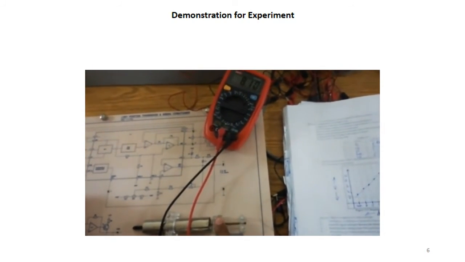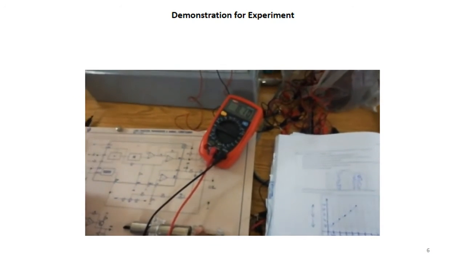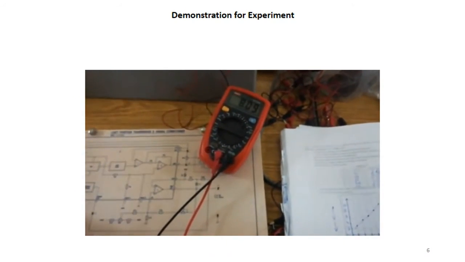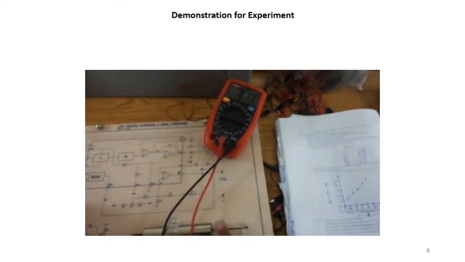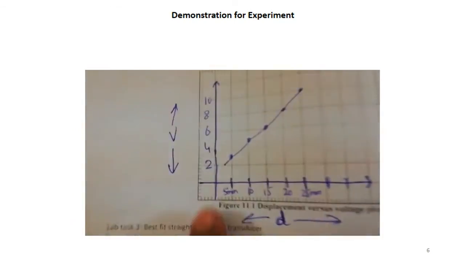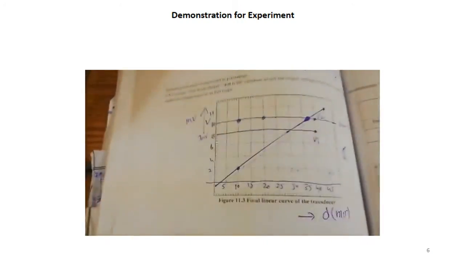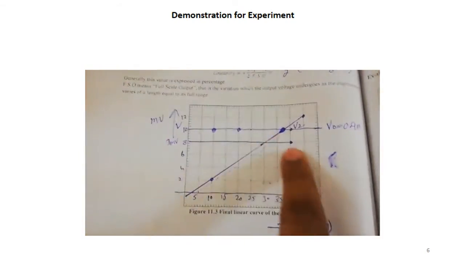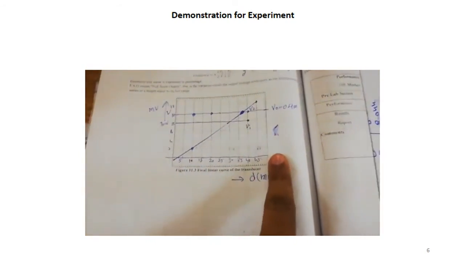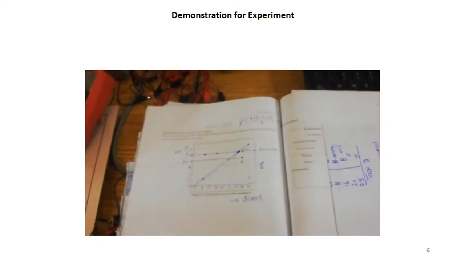Now you need to plot the graph for this part, and then a combined graph for the part A and part B given on your manual, and you need to draw a conclusion according to the observations you have done in the lab, and you can note down these values from this experiment.